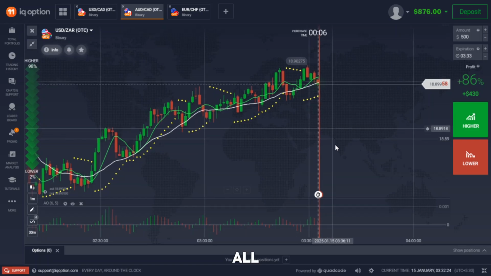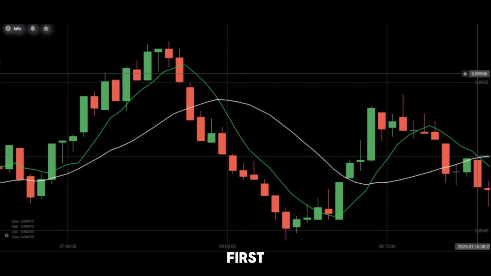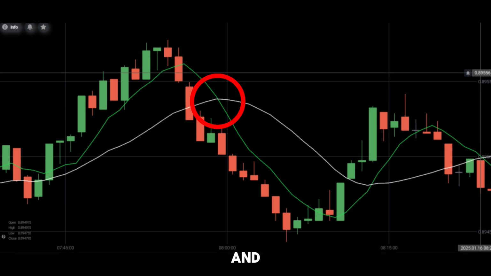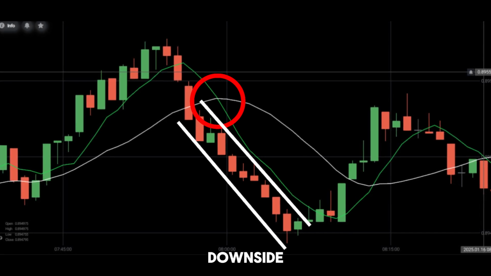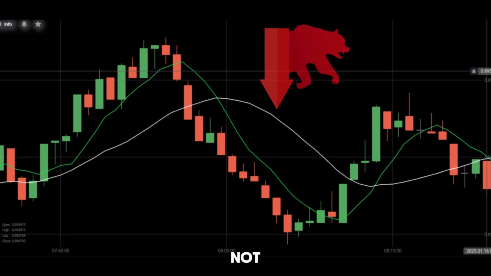Now that we've added all the indicators, let me explain how the strategy works. First, look at the moving average. If the green line crosses the white line, and the market candles are placed below both moving average lines and starts to go downside, it's a bearish signal from the moving averages, but it's not enough to make a decision